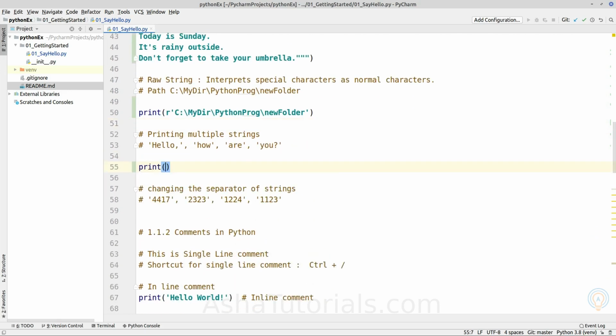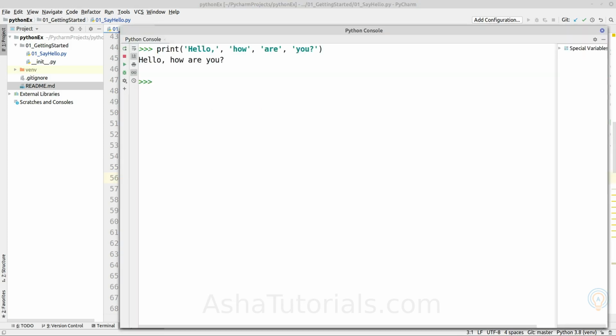Print statement can have multiple strings. It can have any number of strings and it will print them to the console as a single line, combining them using a space. So suppose we have "hello", "how are you", "all are" as separate strings, and if we execute it, it will combine them by placing a space between all of the given strings. Okay,